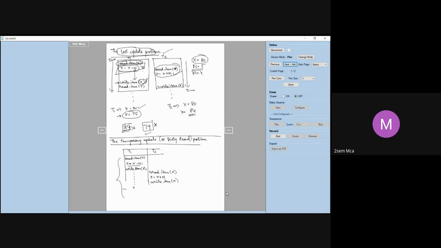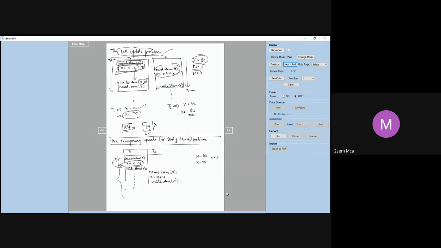So the system should change X back to its original value. It should undo this operation, roll back. Suppose X was, let me take the same value, 80, and then T1 has updated the value of X to be 75, where N is 5. Since the transaction has failed, the system should undo this updating operation. It should roll back to the previous value and bring the system back to the previous state.